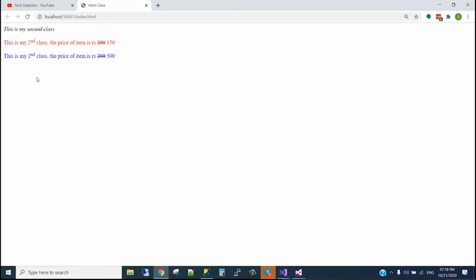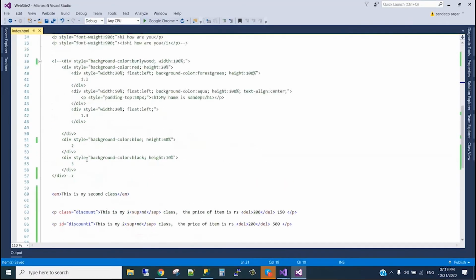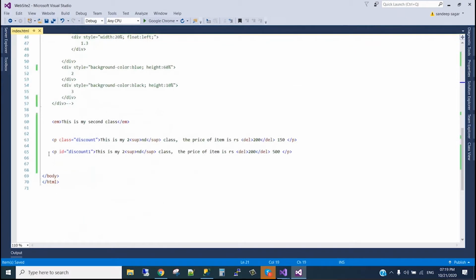So one thing is common: by using the class and by using the ID, we can do the CSS. But what's the main difference between these two? The main difference is an ID can be applied once, each paragraph or item will have its own separate ID, but a class can be used multiple times in multiple items.